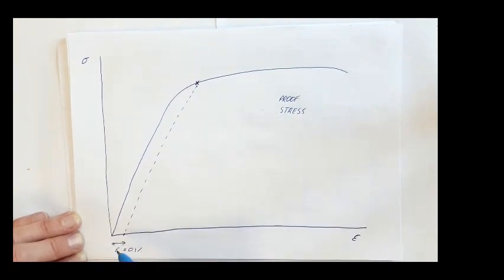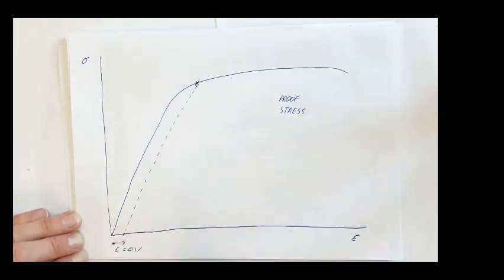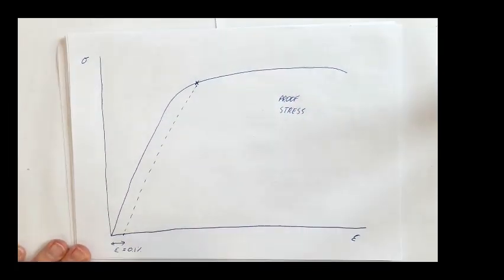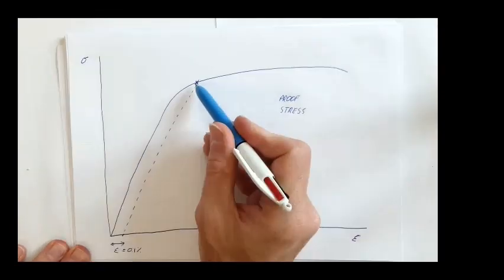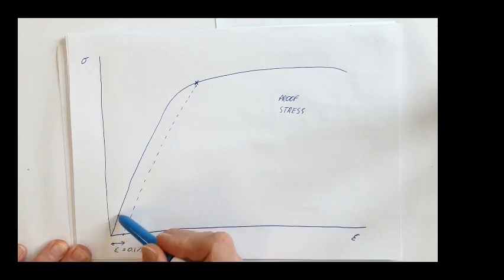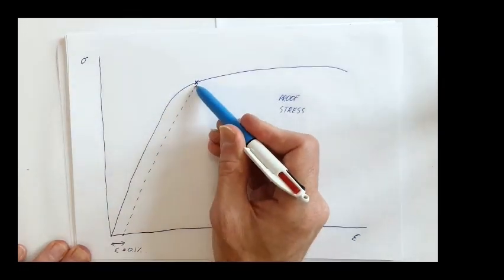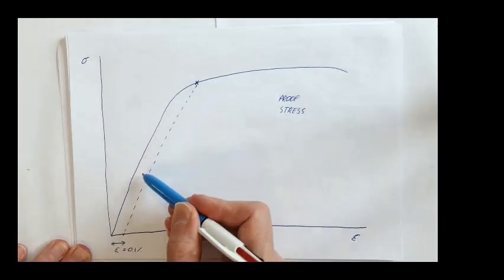So by loading different materials to see the same amount of plastic strain when we remove our load, we can compare those materials. So we go up this curve to this position here, and then we come straight down this line here, and we're seeing